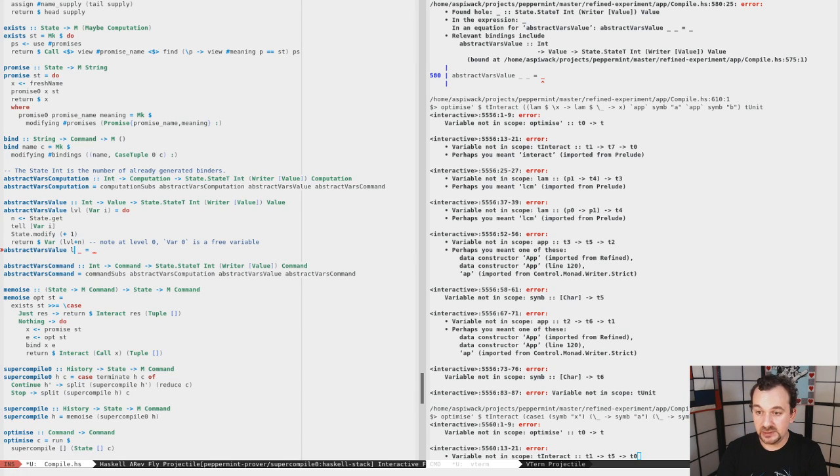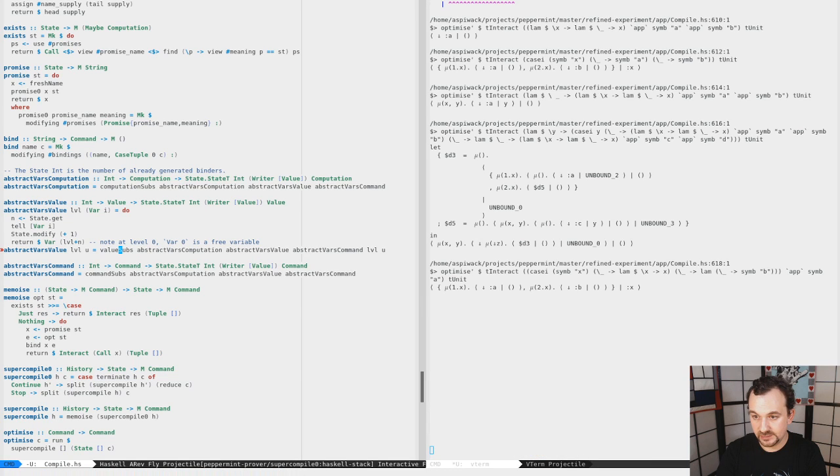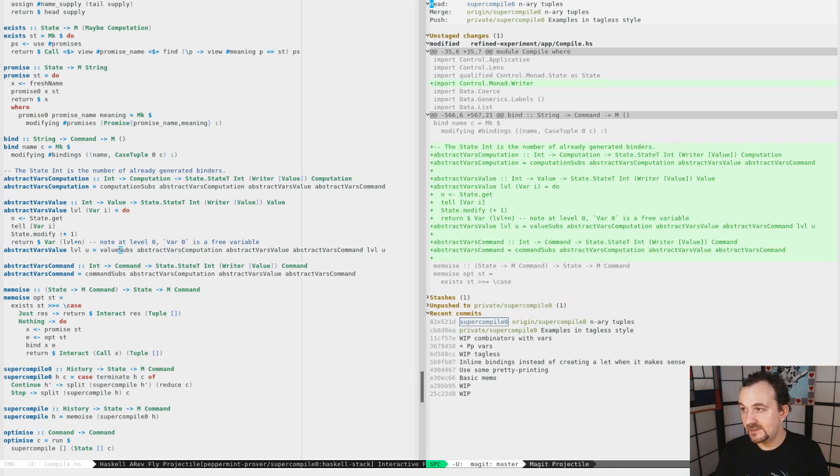So now we do level and we do u, and we do the same as the other guys, except we do level and u here, and here it's going to be value. It's not completely correct because we are not abstracting over vars yet, but this is already quite a bit of